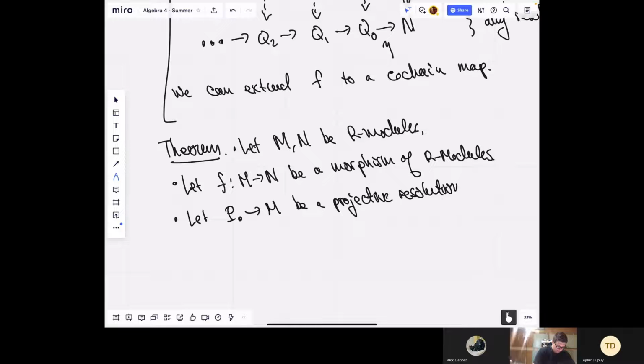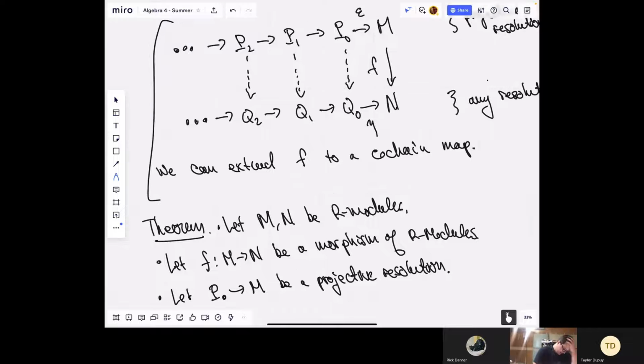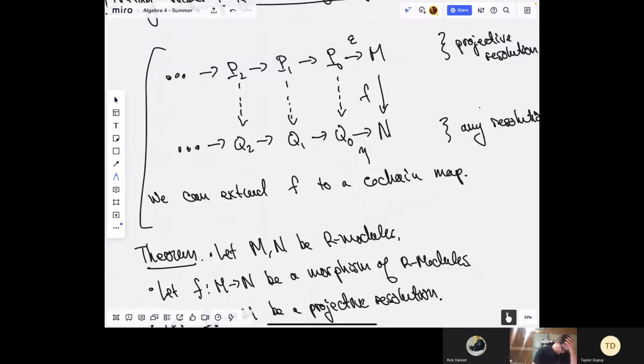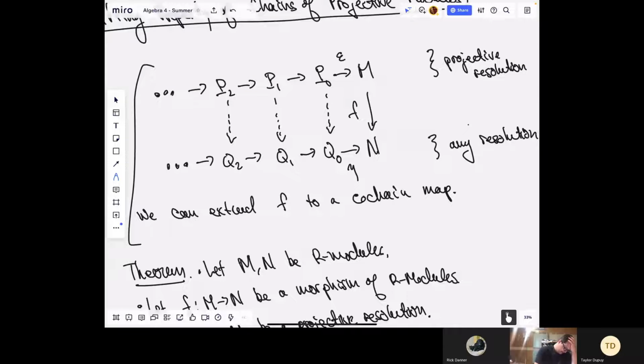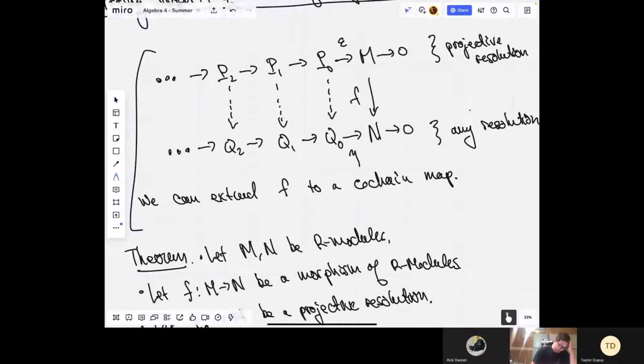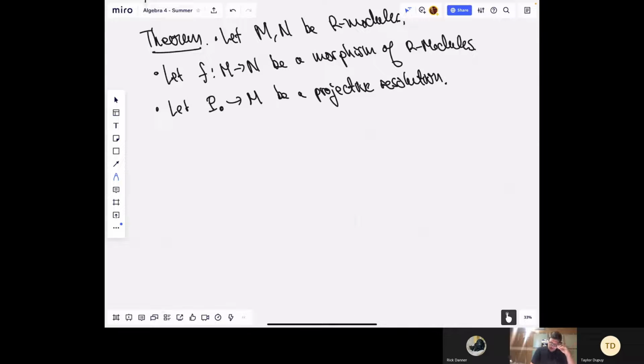Okay, so what does it mean for it to be a resolution? It means that it's an exact sequence, and the zeroth homology is just M, right? So I guess this is exact here. So this needs to be surjective. Okay, then